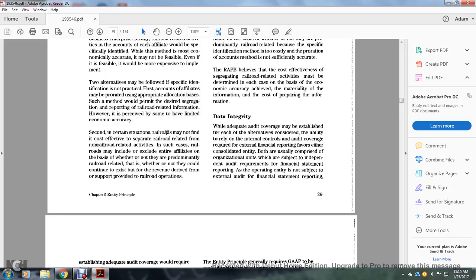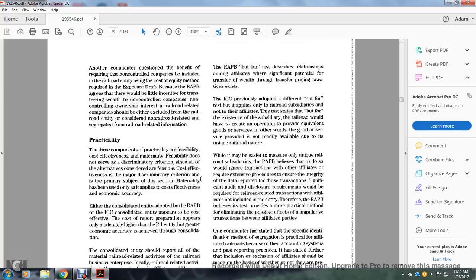In certain situations, a railroad may not find it cost-effective to separate railroad-related and non-related activities. In such cases, the railroad may exclude entire affiliates based on whether or not they are predominantly railroad-related, whether or not they could continue to exist without the revenue derived from the support provided by the railroad operations. The Railroad Accounting Principles Board tests describe a relationship among the affiliates and a significant potential to transfer wealth